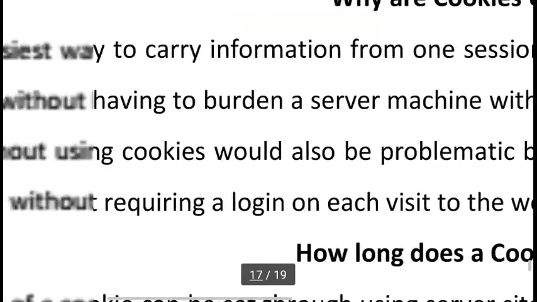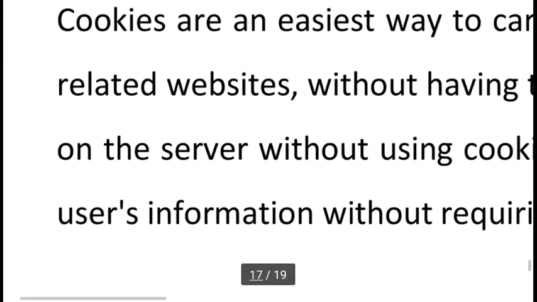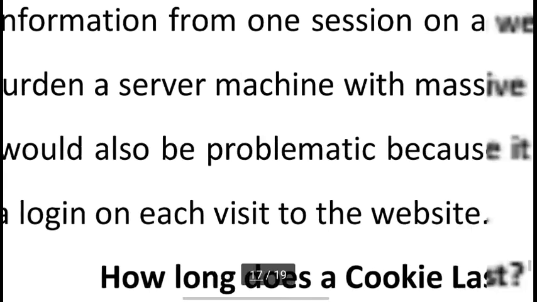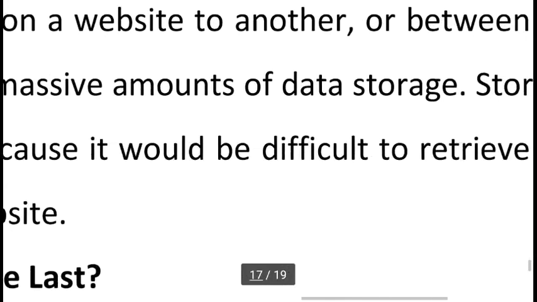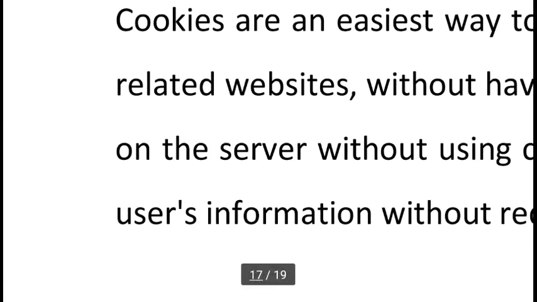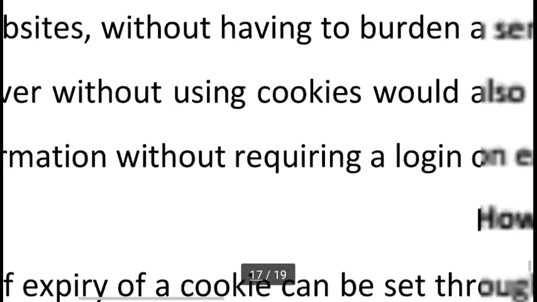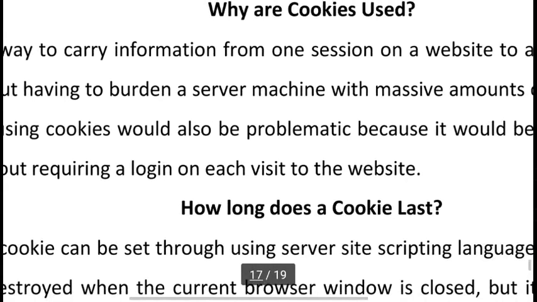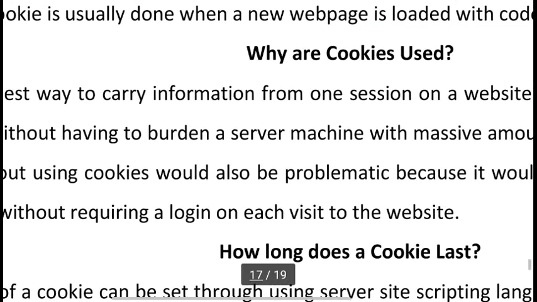Storing the data on the server without cookies would also be problematic, because it would be difficult to retrieve a particular user's information without requiring a login on each visit to the website. So some small pieces of information always stay on your client computer.